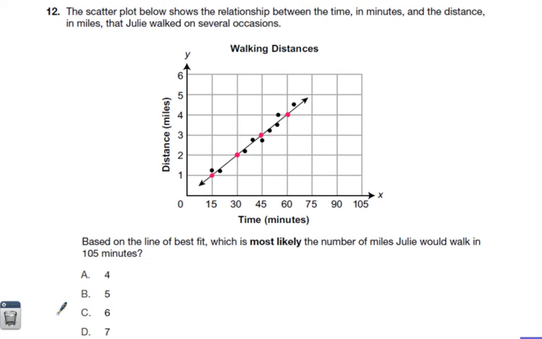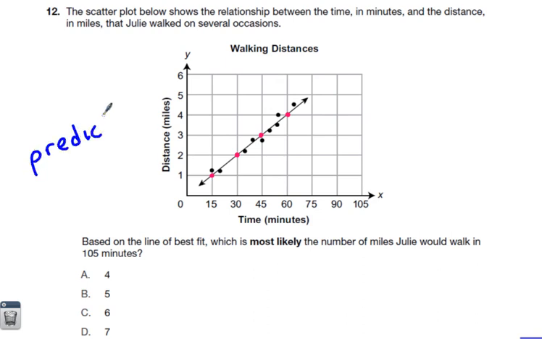Now, I'm assuming again you've read this already and looked at the line of best fit on the scatter plot. And look, gang, this is also a classic Keystone type of question. They love scatter plots just as much as they like box and whisker plots. And with scatter plots, just like an earlier question, you're going to want to figure out the equation of that line sometimes. But here, they want you to basically